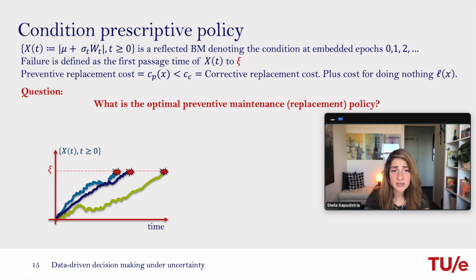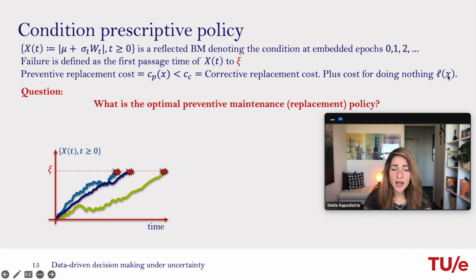And we would like to learn the mu and the sigma while reaching the optimal decision, where there are costs depending on the state. We denote the cost for preventive maintenance as Cp of the state x, and the preventive replacement costs are always smaller, for every x, than the corrective replacement cost. Also, the other decision that we have is doing nothing, but that also comes with some cost